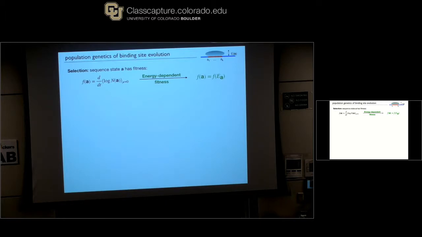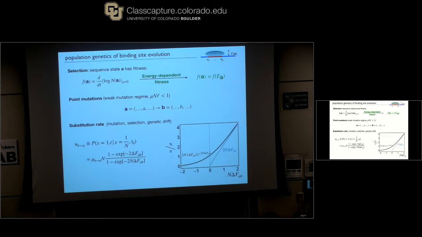Now, let's say we have an energy-dependent fitness. The fitness depends on the energy of each site. We know the mutations. So mutations are few. They're rare. Maybe you just change one site to another. And then what you can also calculate is, if this is the model of evolution, you can calculate from the Kimura equation that we wrote the probability of fixing a specific allele by a certain time